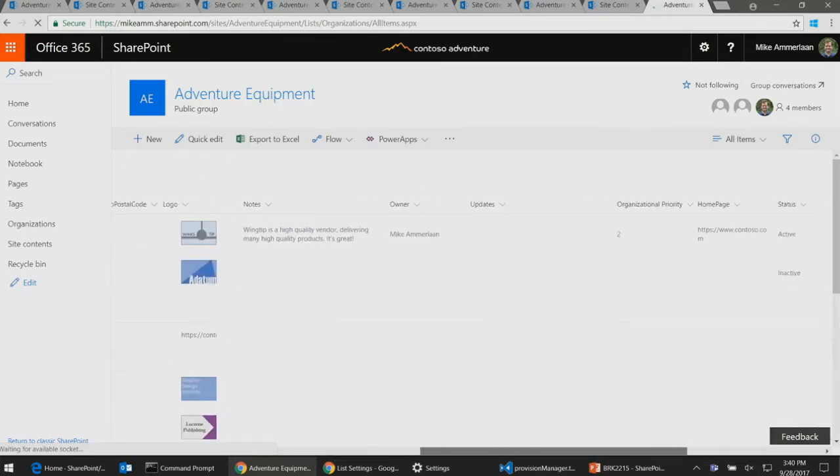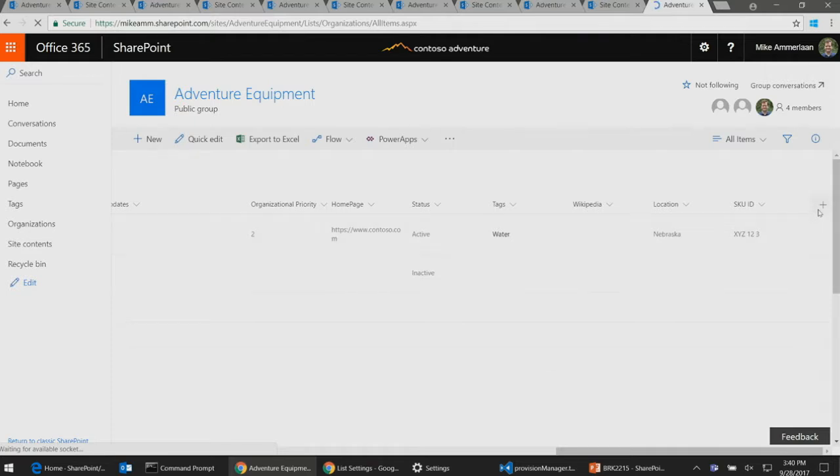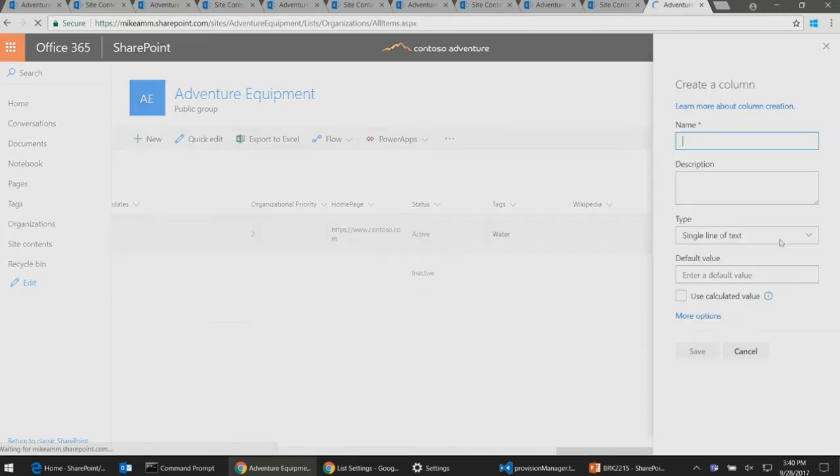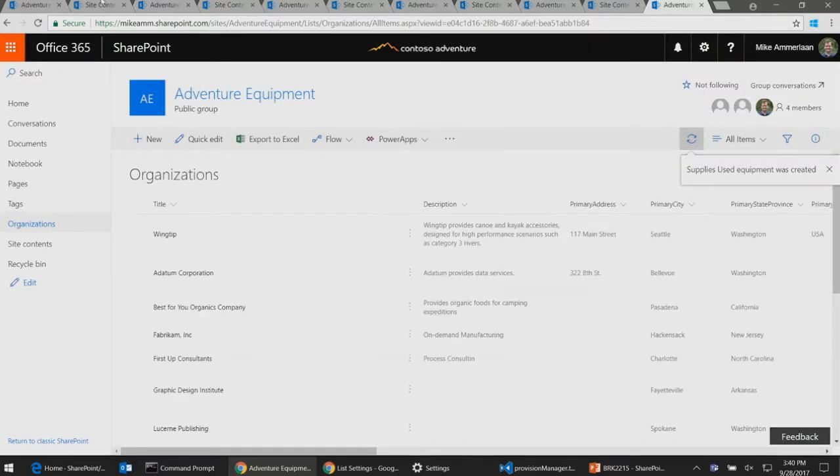And what I can do here is I can very simply add a new field. Let's say I want to add a field called, I don't know, supplies used equipment. Maybe it's a way to track whether they supply used equipment or not versus new equipment. I just made up that example. I have no idea why. I'm going to hit save. Okay, so now when I actually go back to my application,